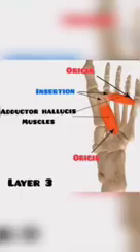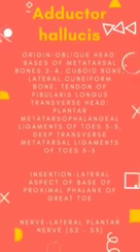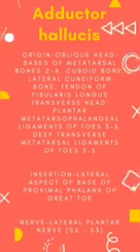Adductor hallucis. Origin of the oblique head is in the bases of metatarsal bones of digits 2 to 4, cuboid bone, lateral cuneiform bone, tendon of fibularis longus. Transverse head originates in the plantar metatarsophalangeal ligaments of toes 3 to 5, deep transverse metatarsal ligaments of toes 3 to 5. Insertion of this muscle is in the lateral aspect of base of proximal phalanx of great toe. Again, the nerve is supplied by the lateral plantar nerve with a root value of S2 and S3.